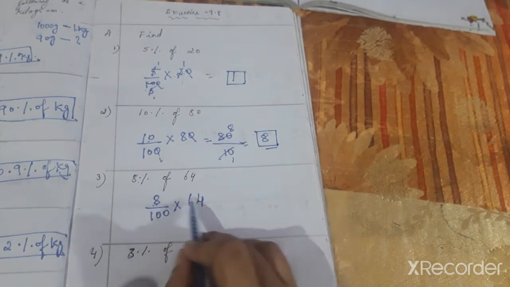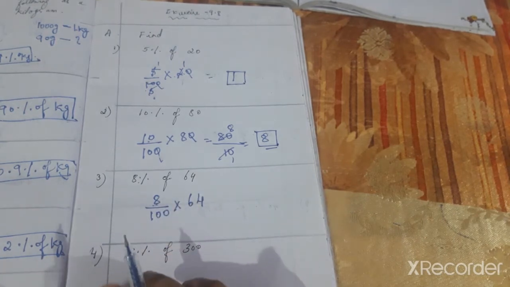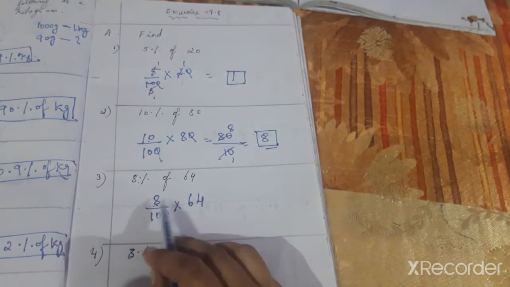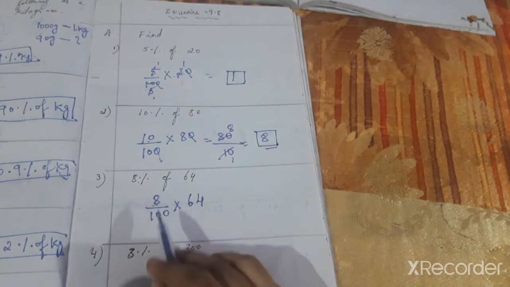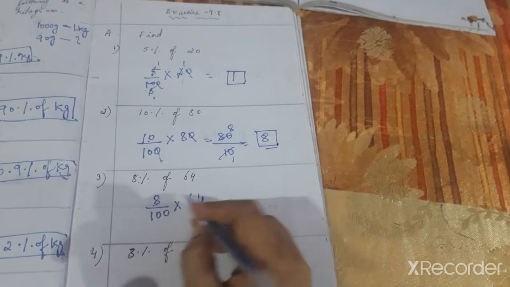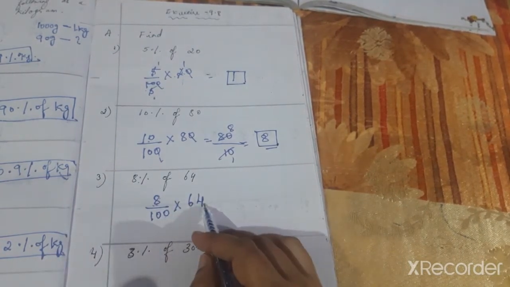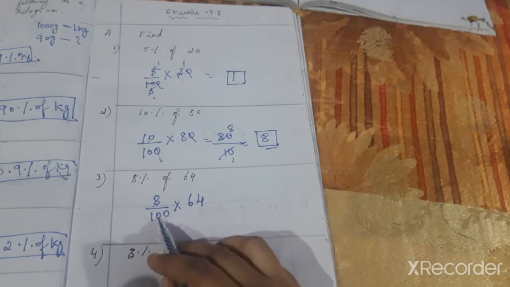So here we can't cancel because both numbers will multiply, divide with the same table. It is a wrong method because numerator and numerator. Numerator and denominator we can cancel, up and down. So here we can't cancel, both are numerators, and the last is 0 and 4, even numbers. Numerator and denominator we can cancel.